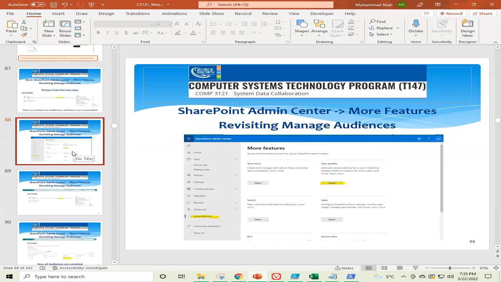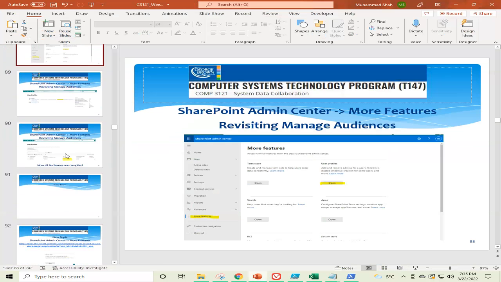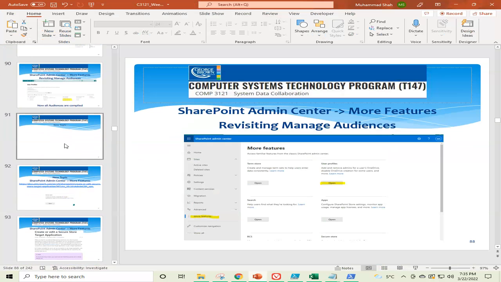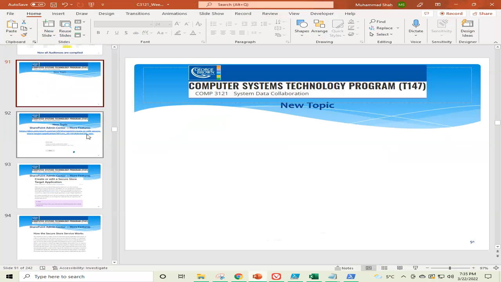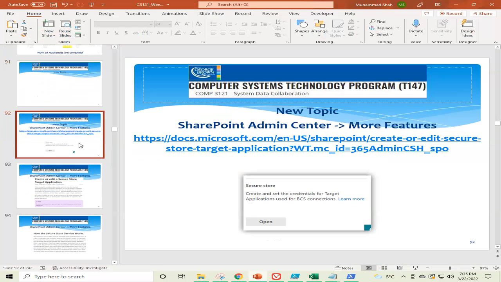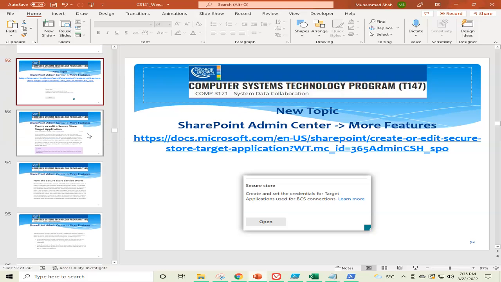We are not creating any picture for this topic because we have more topics already to discuss today. And the next topic will be about the secure store. We will not take a very long time on this one,